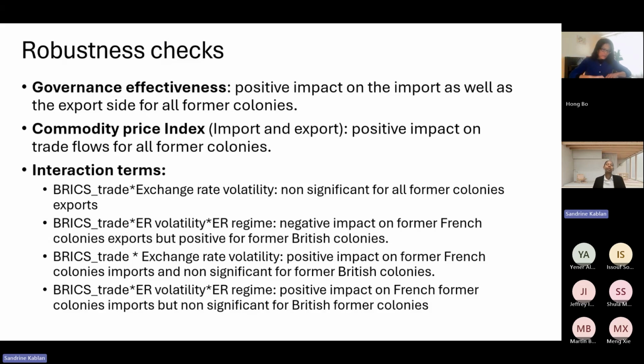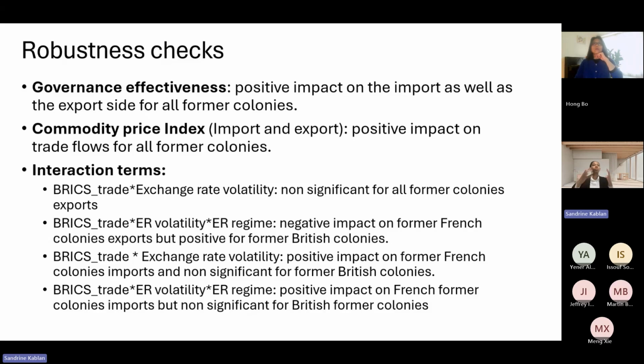And finally, we also tested some interaction terms. We crossed BRICS trade, trading with BRICS countries, and exchange rate volatility. We saw that it was non-significant for all former colonies' exports. On the contrary, when we make the three-way interaction term, BRICS trade, exchange rate volatility, and exchange rate regime, we can see that there is a negative impact on former French colonies' exports, but positive for former British colonies, which pinpoints